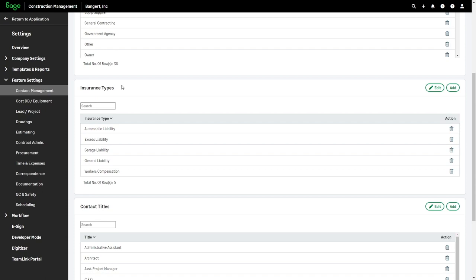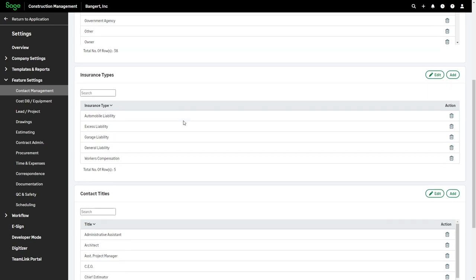So when you get into tracking automobile liability or work comp insurances and when things expire and so forth on their different types of insurance, this is where you can go in and set up what those different types are going to be. And that way you can then enter in the different information as far as when they expire or what the amount of the insurance policy is for and some of those type of things, maybe even the agent that's associated with it.